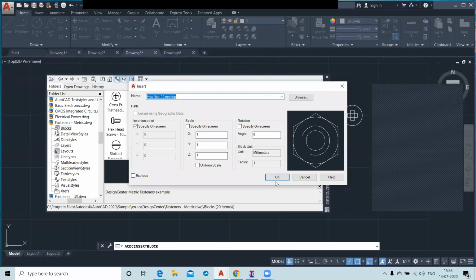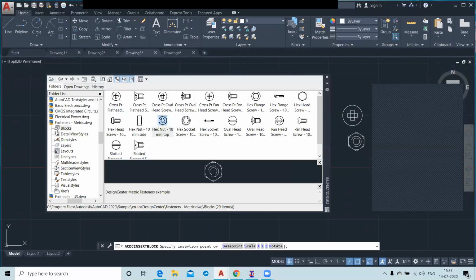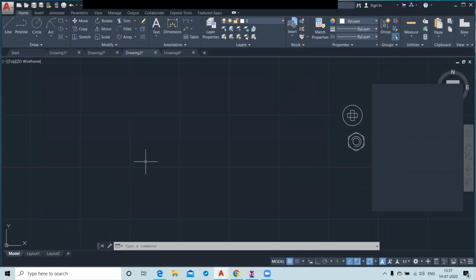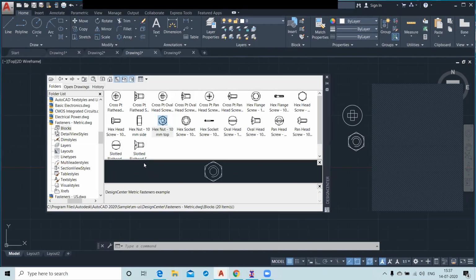Show me once again, sir, this process. Yes, sir. You just type Ctrl+2, and this Design Center window will open.